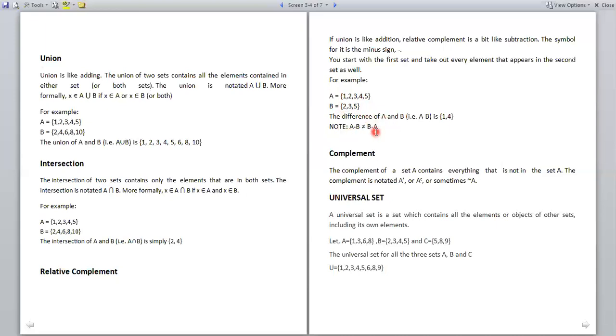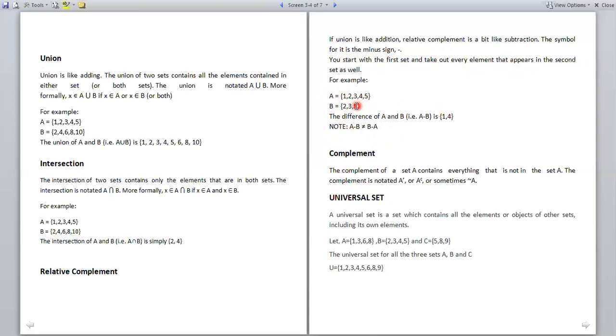That's why we can write here that A minus B is not equal to B minus A. So the relative complement means that when you apply A minus B, the resultant set contains what is left when you start with the first set and take out every element that appears in the second set.